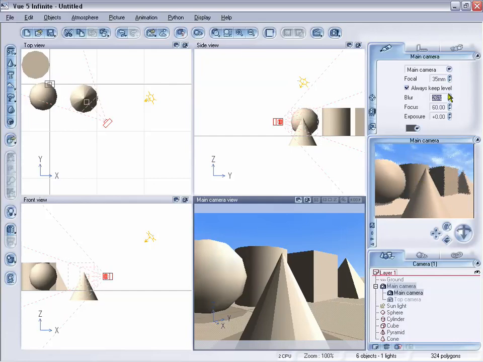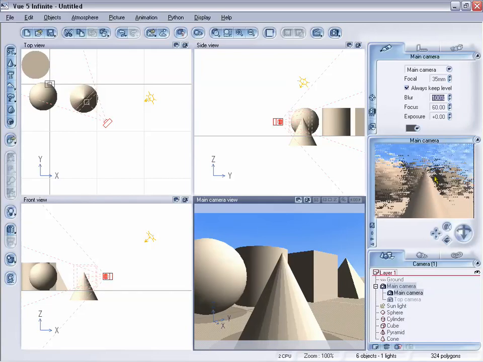We can adjust that as much as we wanted to, and keep in mind the preview is going to look terrible. As you can see, it's very distorted, and unless you set your anti-aliasing high, you are going to get very grainy looking renders, but I'm going to show you that in just a sec. So we can adjust our blur even more if we wanted to, even up to 100%,